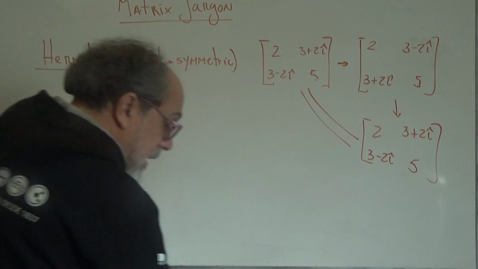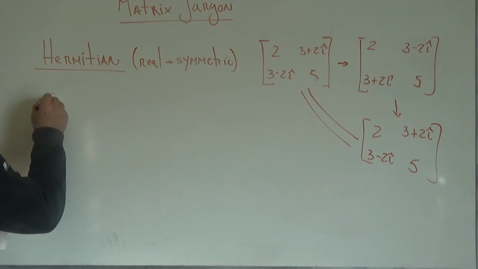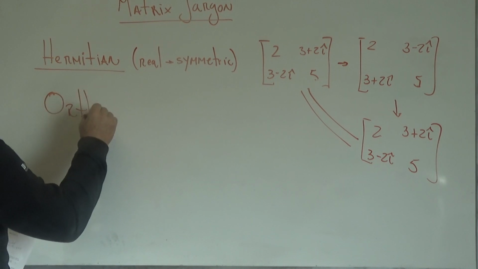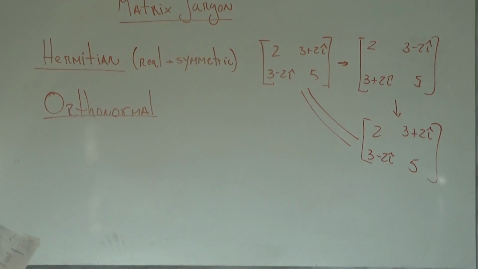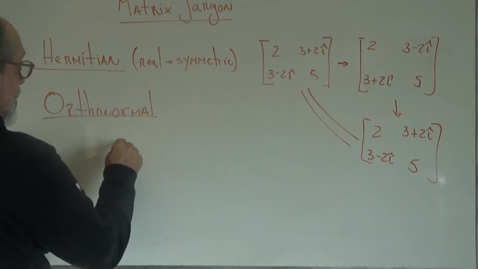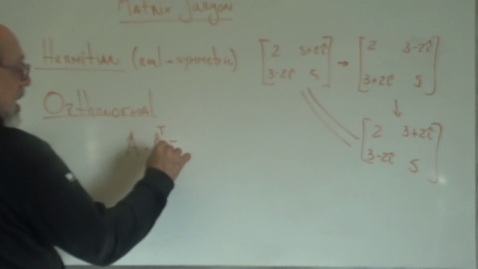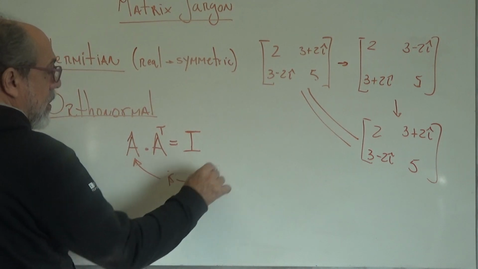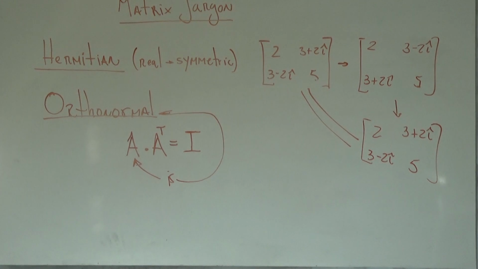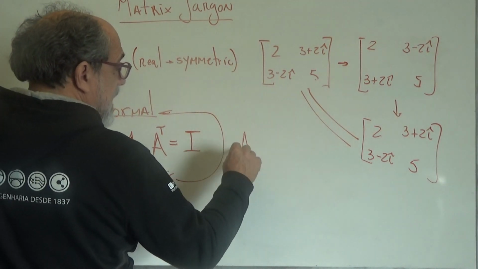A matrix is said to be orthonormal when the matrix multiplied by its transpose is the identity. So if we have the matrix A and we multiply it times the transpose of A and we get the identity, then we say that A is orthonormal. That is, the transpose and the inverse are one and the same. So we can say that A to the minus